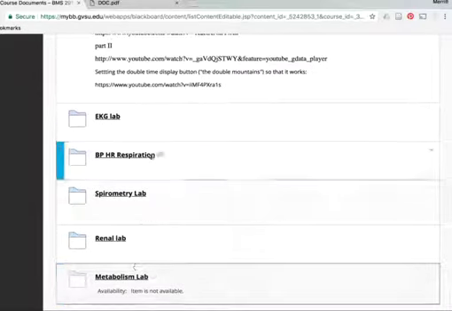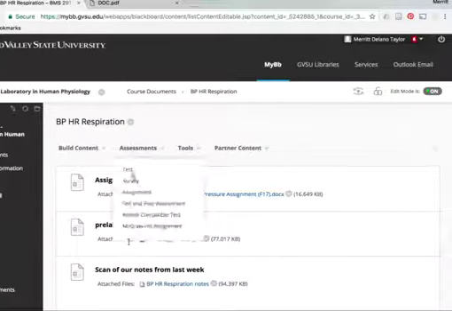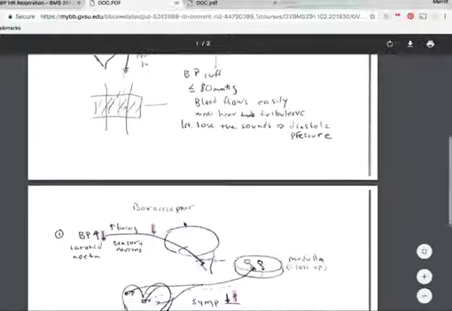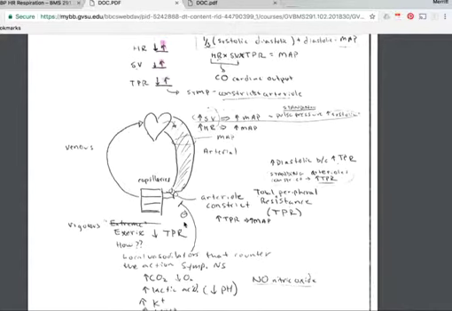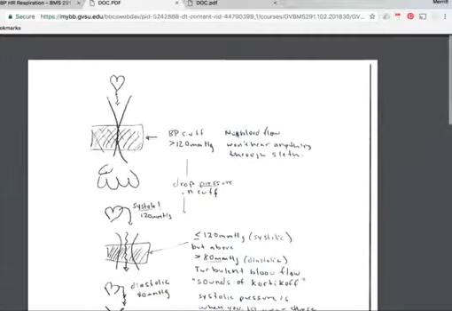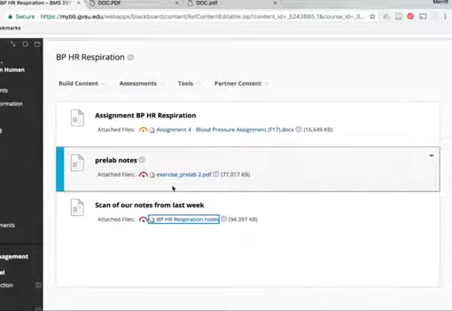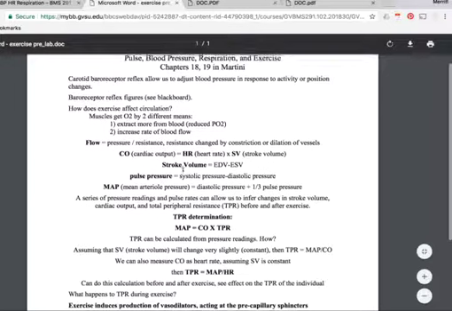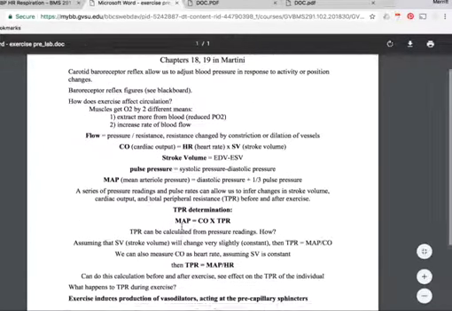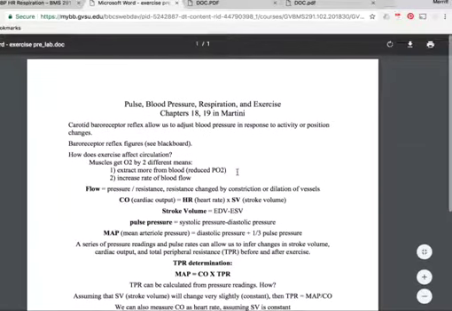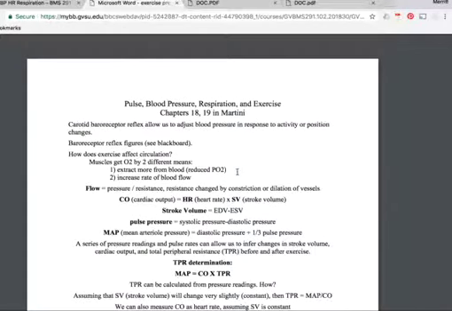That is right here: blood pressure, heart rate, respiration. Then you can go through some of the notes that we have here in terms of talking about the Valsalva maneuver and some of these changes that happen with those different equations. Another useful one is here, where it's much more cleanly written and talks about these different equations. So master these equations and these points here to make sure that you really nail the key things